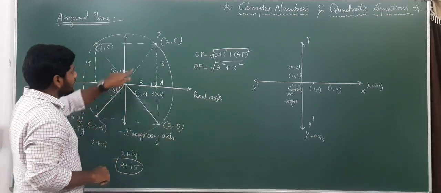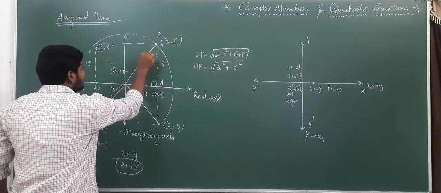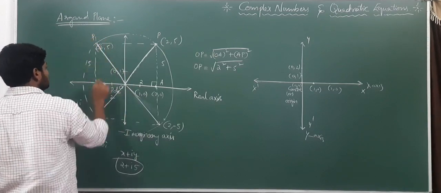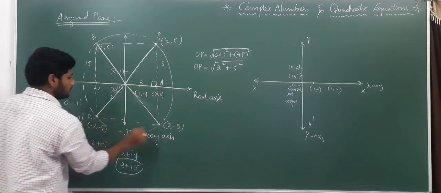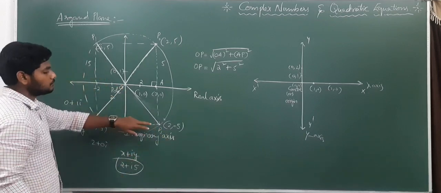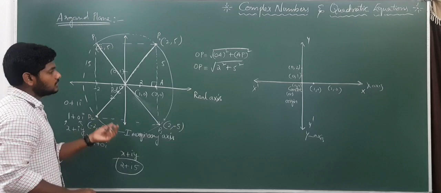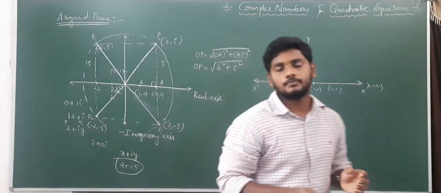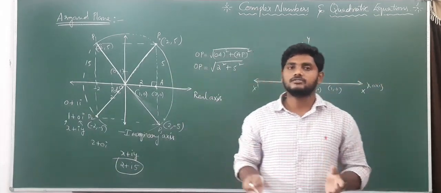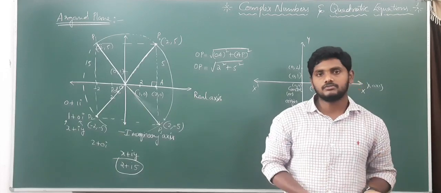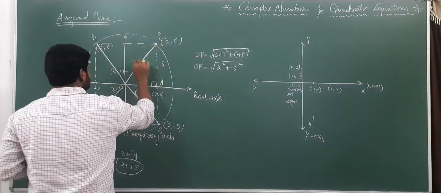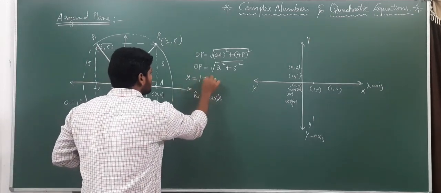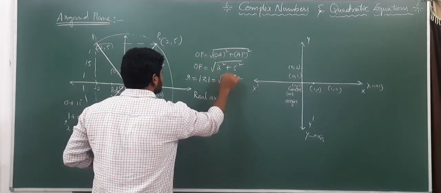But if you observe, the radiuses will be the same or not? Radius, that means distance from the pole to P, this one to P1, P2, P3. Distances from the pole to those points are equal or not? That means, that's why if Z is equal to A plus IB also, modulus of Z is square root of A square plus B square. If Z is equal to A minus IB also, modulus of Z is equal to square root of A square plus B square only. So that's why this distance we will consider as R, nothing but the radius of a circle. That radius of a circle we can also call modulus of Z, which gives 2 square plus 5 square.